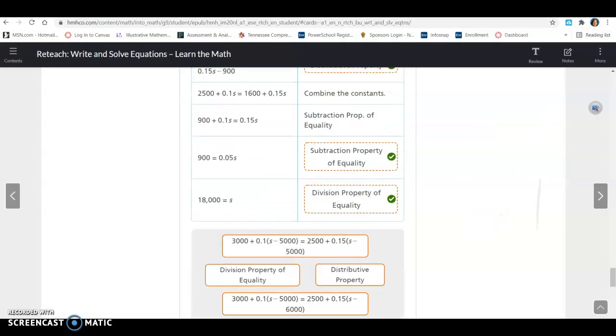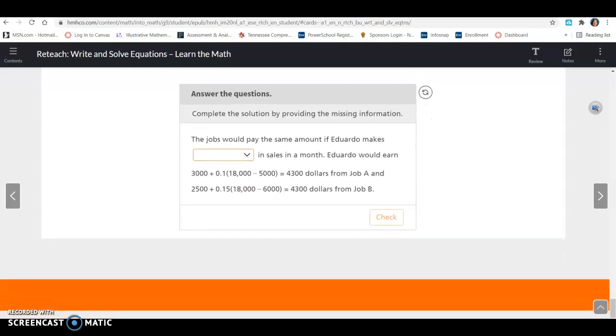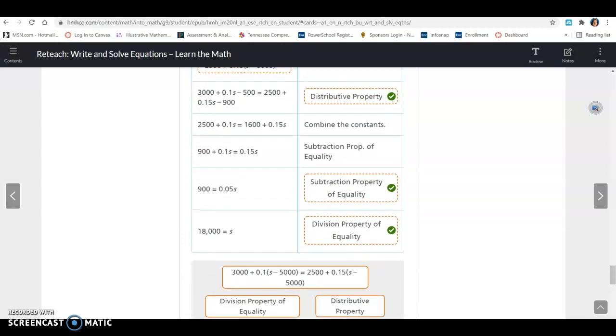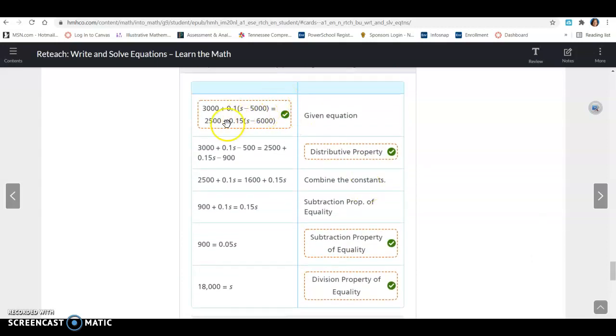All right, I'm going to blow this back up. Complete the solution by providing the missing information. The jobs would pay the same amount if Eduardo makes how much in sales in a month. Eduardo would earn this much dollars from job A and this much dollars from job B. All right, so let's look above here and see. So what they did was set this expression equal to this expression. They set it up as an equation and they solved, and they got S equals $18,000. So when Eduardo sells $18,000 in whatever merchandise he sells,